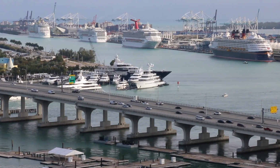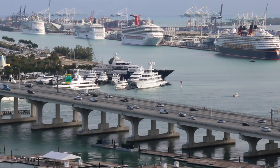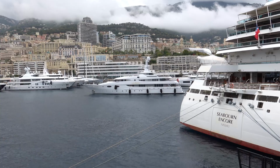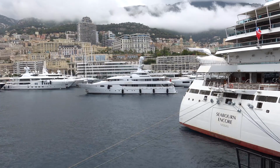So I always take a look at how busy the ports are going to be and then plan what I'm going to do around that, so I can avoid the big crowds there. The other thing to do linked to that is if you are actually booking more in shoulder periods,